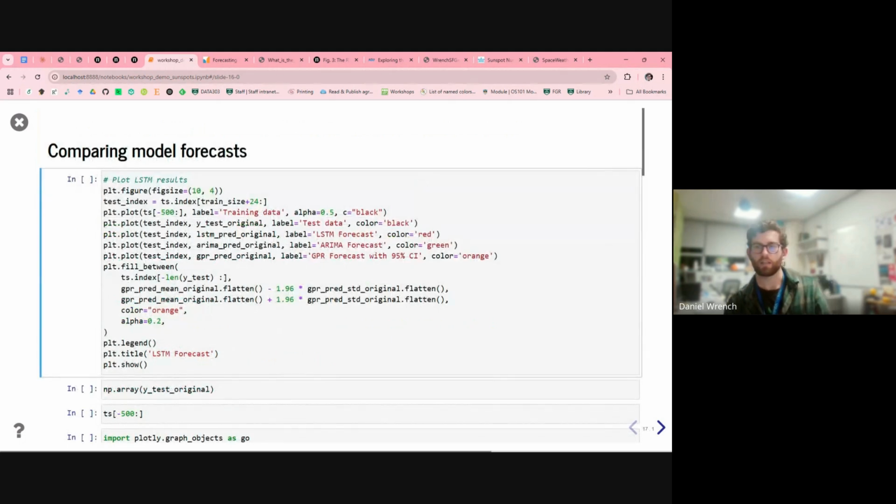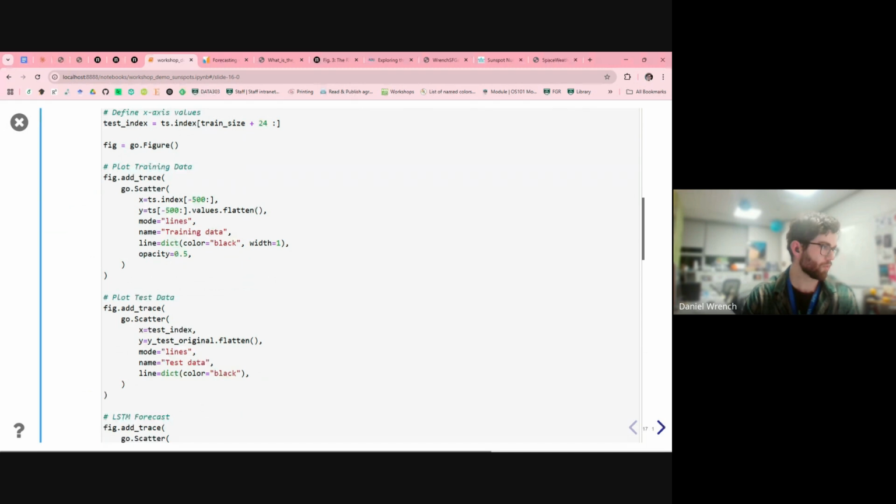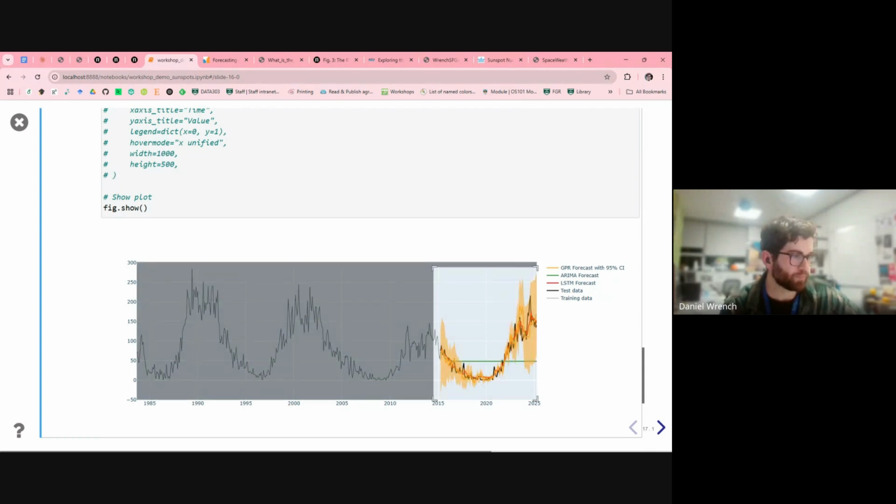So now we can actually compare these various forecasts. There's a quick look at them there, but hopefully this is still working. Yes, it is. Now I'm using Plotly again because I really want to zoom in to study our results. Here's the rest of the data that the model was trained on, and this period here is the forecast period. And therefore we can actually compare what we observed with those model predictions. So if we just zoom into that.